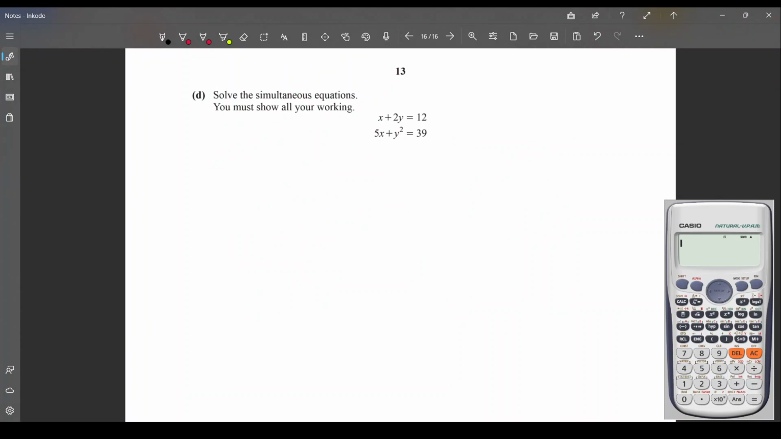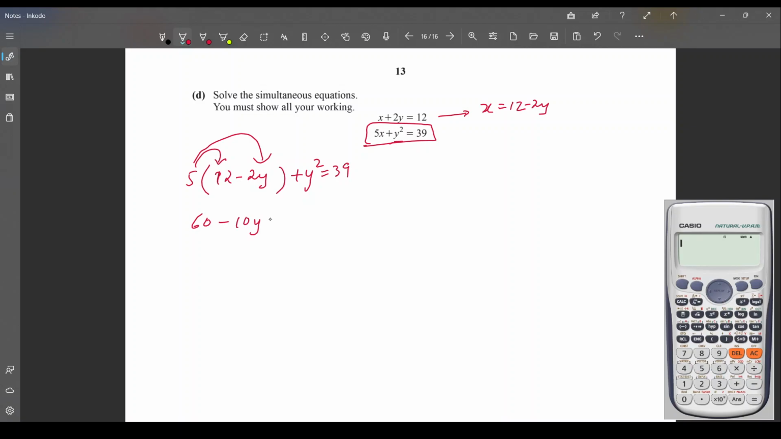For question number 8 and part D, we have to use simultaneous equations. Because there is a quadratic equation here, quadratic form, we have to put first the value of x. So let's extract the value of x. So x will be equals to 12 minus 2y, so we'll put that value here. So 5 into 12 minus 2y plus y square equals to 39. If I multiply this one with this one, 12 times 5 is 60 minus